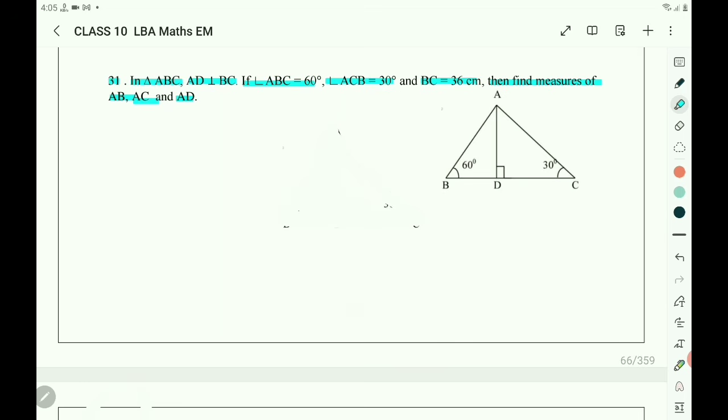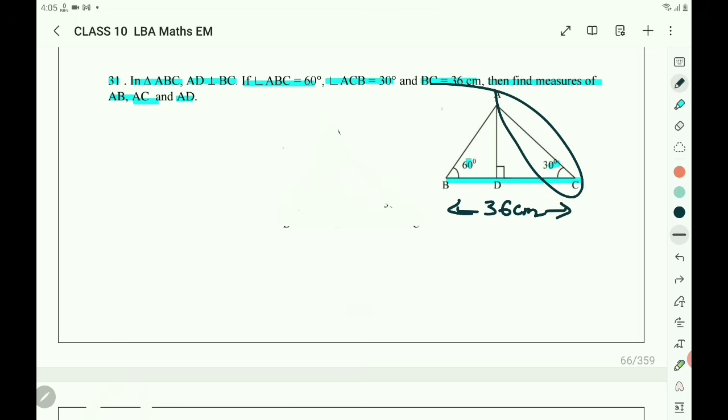In the given figure, angle ABC is 60 degrees, angle ACB is 30 degrees and BC equals 36 centimeters. What we have to find out is the length of AB, AD